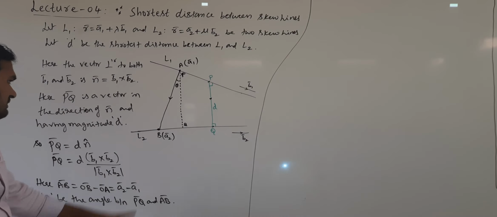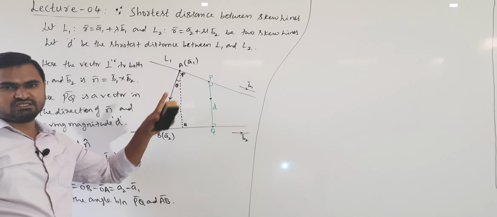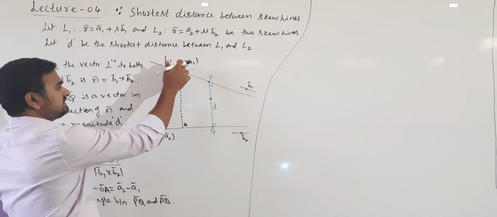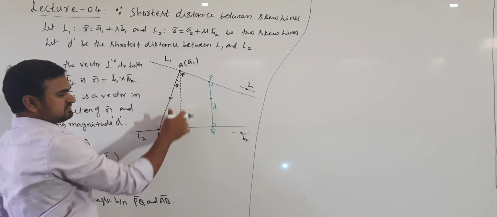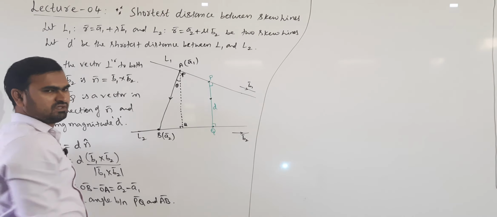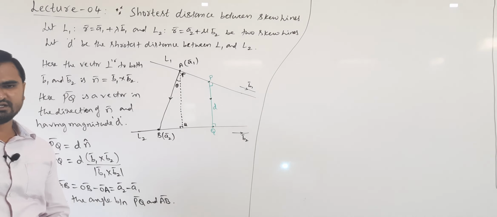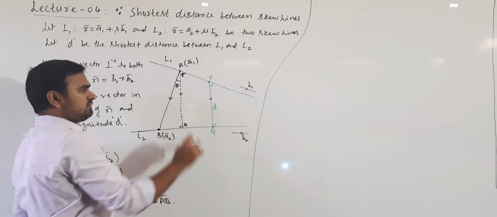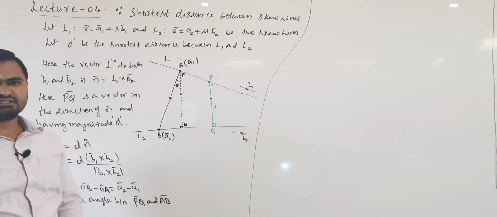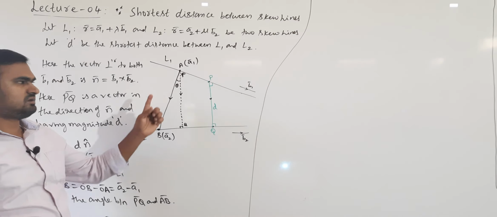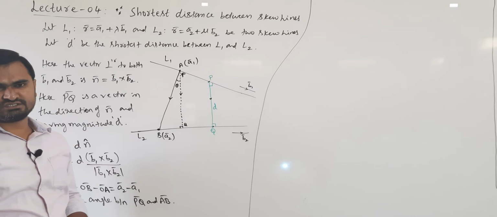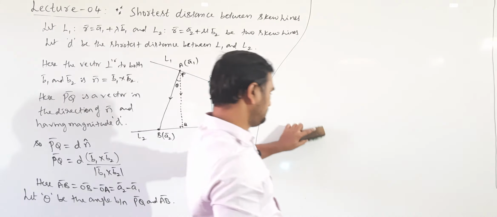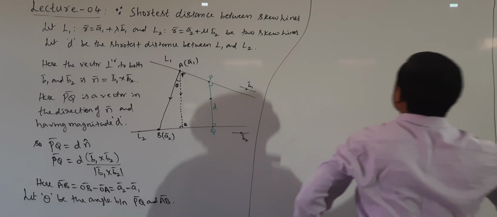Now see, we can find this theta by using two forms. One is the right angle triangle. So observe this AQB, which is forming a right angle triangle. So cos theta we can find using the right angle triangle, and also using dot product. AB bar is one vector, PQ bar is another vector. Using dot product also we can find the angle between these two. So any method we use, the angle will be the same. So we will use these two forms to derive that distance d here.